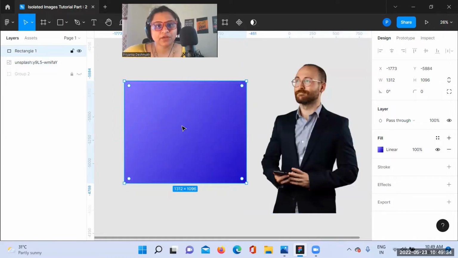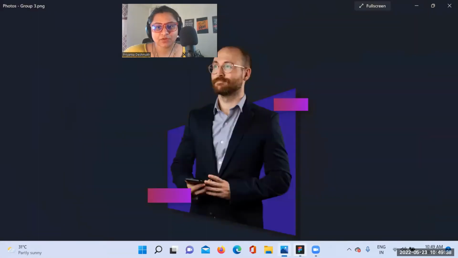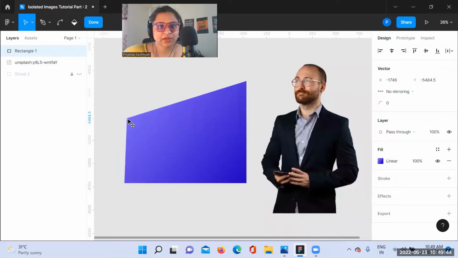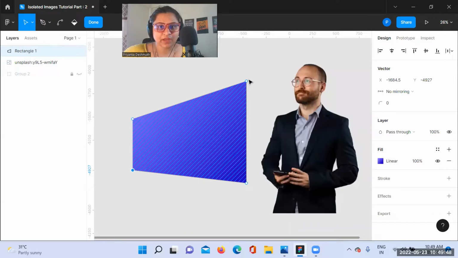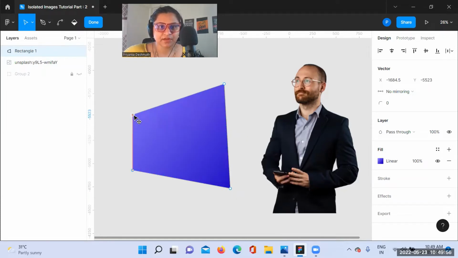So what I am currently doing, I am just using the pen tool to make this type of shape, this type of rectangle. I am just using the pen tool. I am just double clicking on that particular image. Now, so you can make this type of rectangle. Just make this type of rectangle. Now the next step is